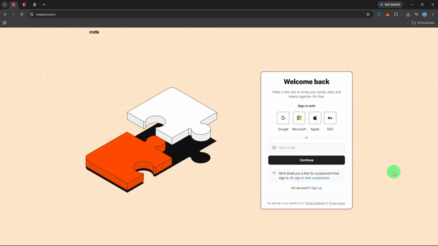In today's video, I'm going to show you exactly how to add a table in Coda so you can start organizing your projects, tracking your tasks, and collaborating with your team using one of the most powerful features this tool has to offer. Coda brings the best of documents and spreadsheets together, and tables are the backbone of that flexibility, allowing you to store structured data just like you would in Excel or Google Sheets, but with far more interactive